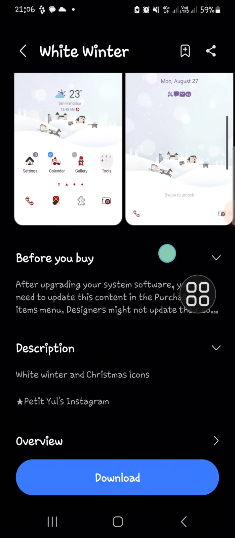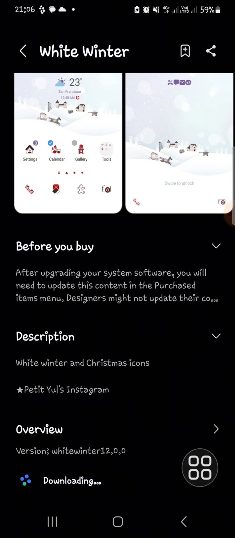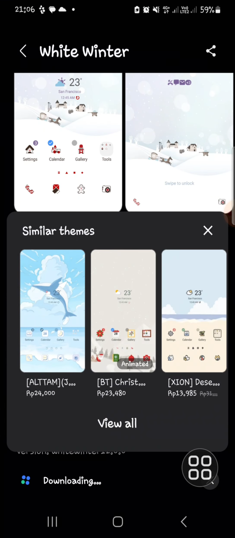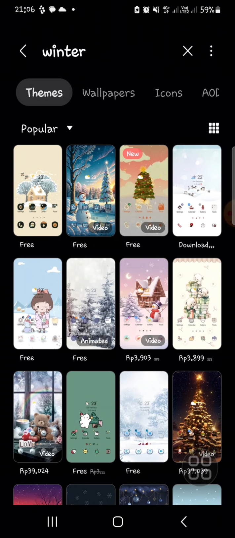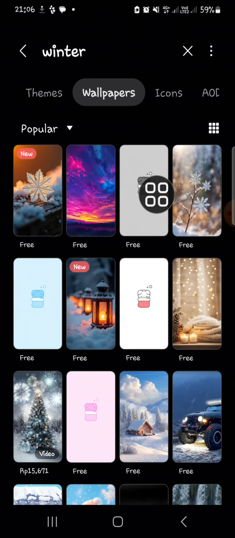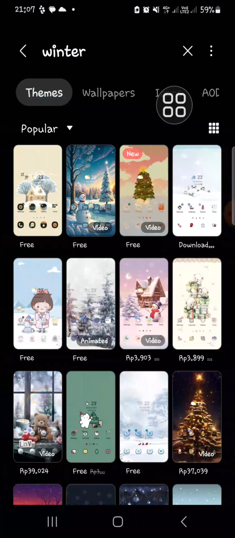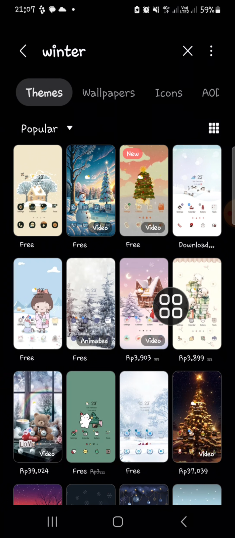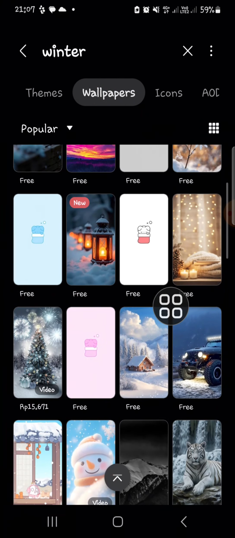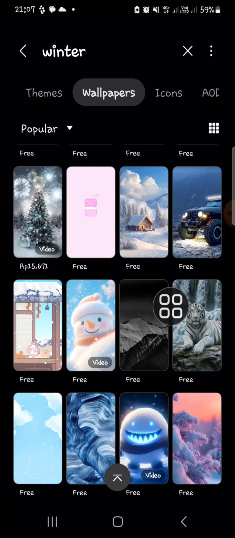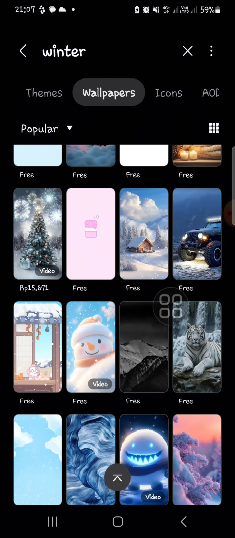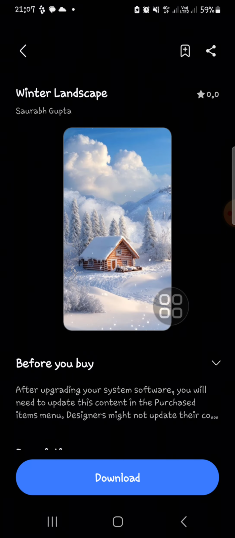You just need to click on download to download the theme, and then you can click on apply. Or actually, guys, you can create a custom theme. You can apply wallpaper, I mean the winter wallpaper, and then the winter icon. If you don't like the theme right here, you can go to the wallpaper and then select the winter wallpaper for your phone. I'm going to select this one, click on download,